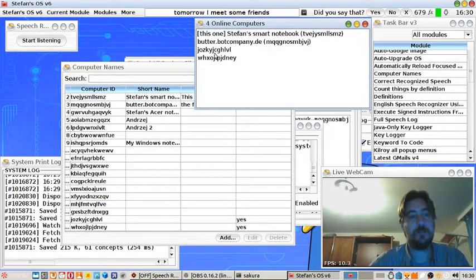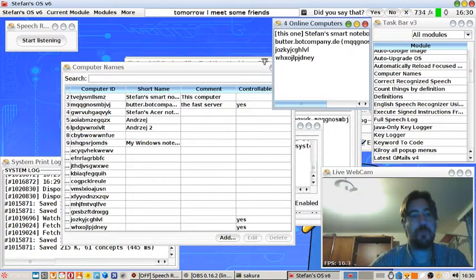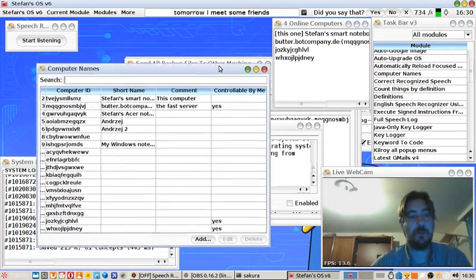So I can see these are random IDs, because computers need to be identified some way, and unless you give them some speaking name, like this one here, we use this internal ID, which is made automatically. Also, they all get private and public keys, so they can identify themselves, each other properly.